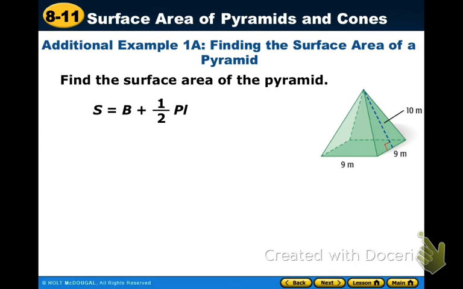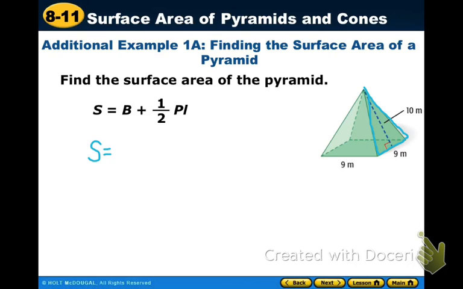So find the surface area of this pyramid. So in this case, the base is a square, okay? So 9 squared will give you the area of the base. And then half the perimeter times the slant height, because you could find the area of one of these triangular faces right here and make it times 4. But if you use the perimeter, so we would get